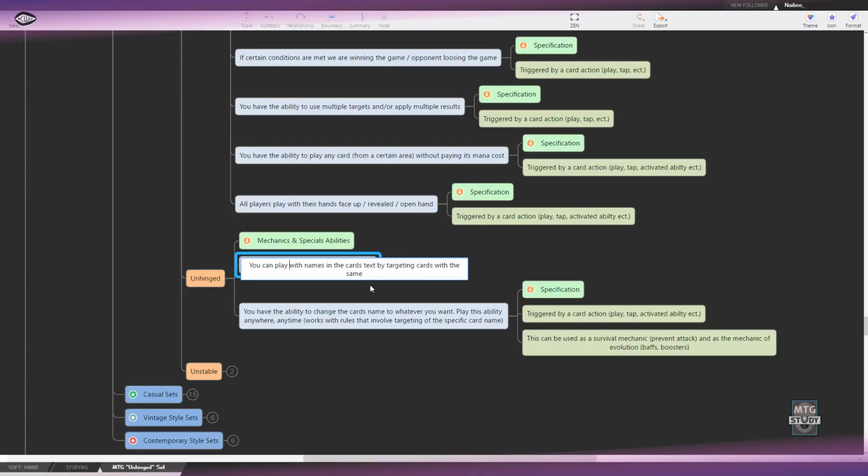Play with, it means name, just basically name. You can play with names in the card's text by targeting cards with the same name